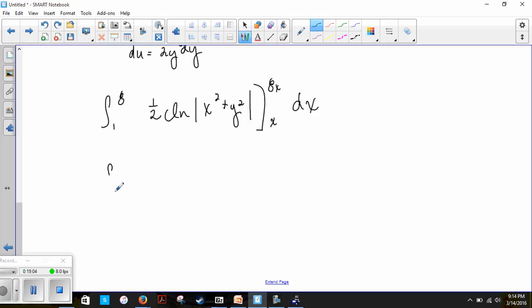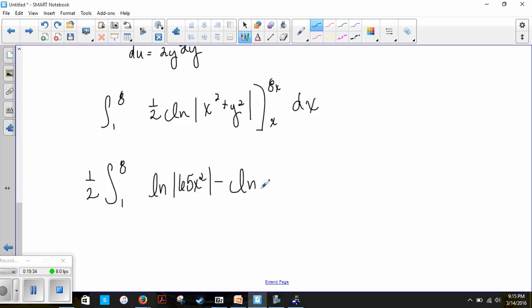Okie dokie, so let's see, 1, 8. I'm going to kick this out here because we have enough to deal with. Plug in the 8x, and so I'll have ln of, now when I square this, it will be 64x squared. So now ln is 65x squared